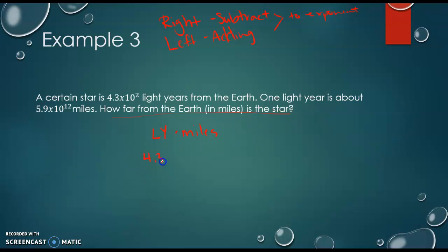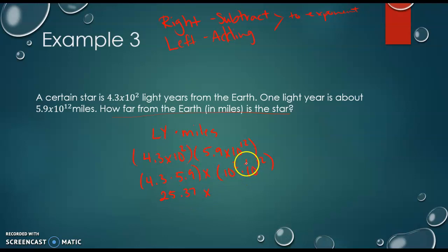So we know that we are 4.3 times 10 to the second power light years away. We're going to take that times the fact that each light year is 5.9 times 10 to the 12th miles. And we're going to multiply. I'm basically going to take out what would have been maybe a distributive property. So we're going to take 4.3 times 5.9, and then we're going to take 10 squared times 10 to the 12th. 4.3 times 5.9 gives us 25.37